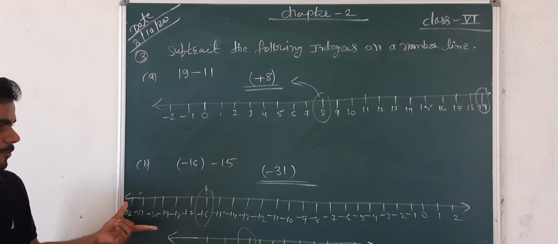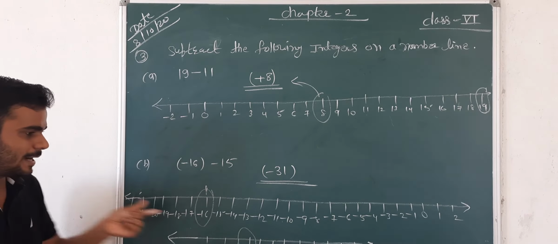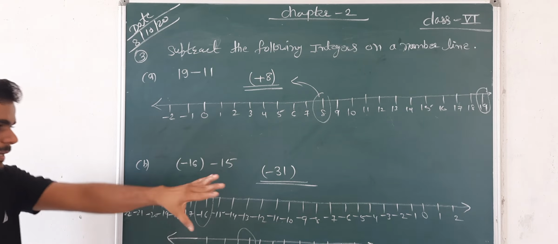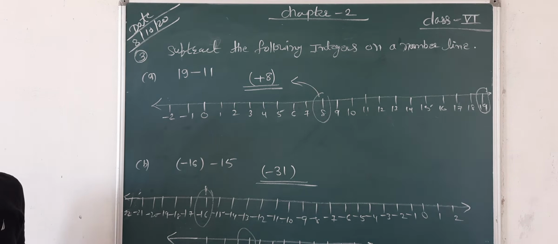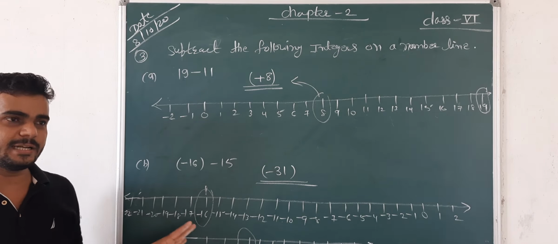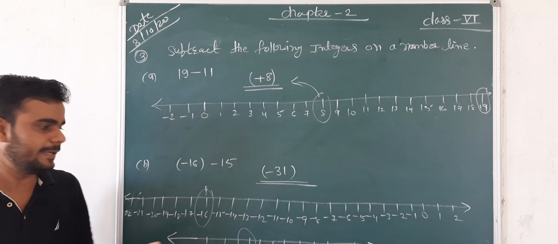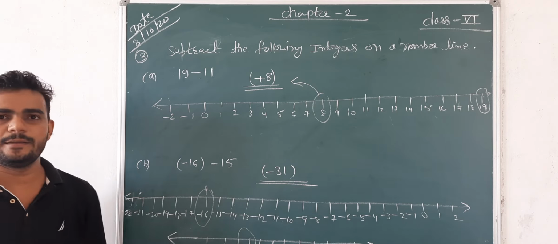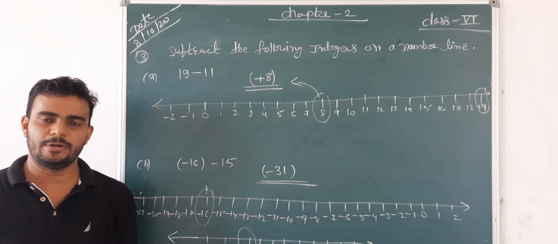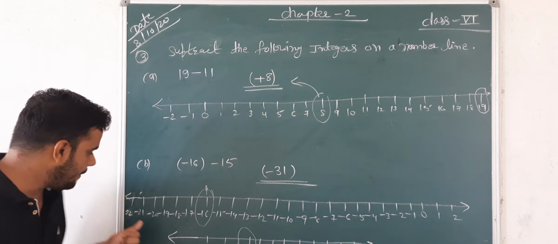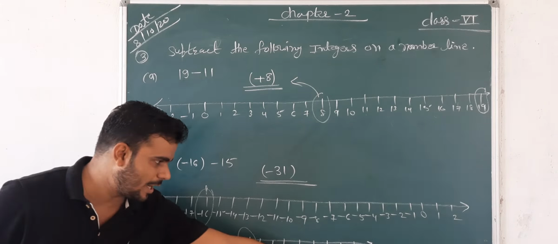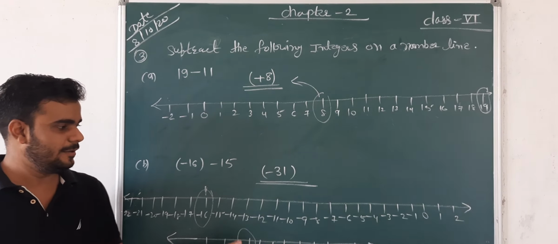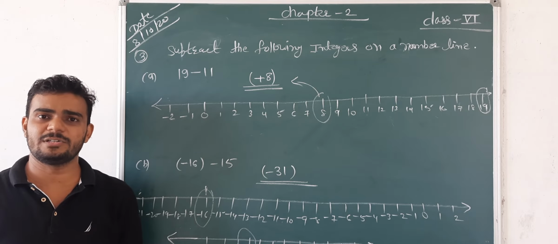Okay, this one was very small, so I extended it further to here. You have to draw it on a single page horizontally like this. Okay, if horizontal space is not there, then you can draw vertically. Okay, but this is the way. Any doubt? Okay, take the screenshot and write in a notebook. There was no space ahead here, so I drew it further like this. Okay, but you have to draw vertically or horizontally.